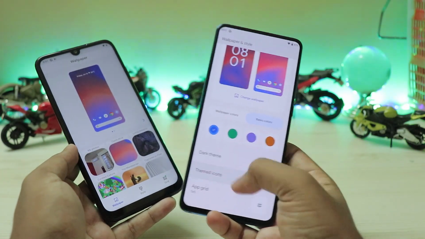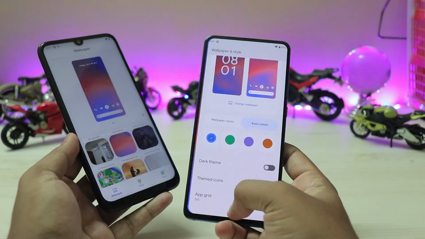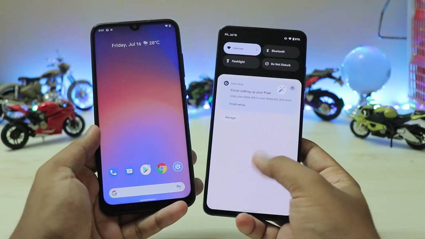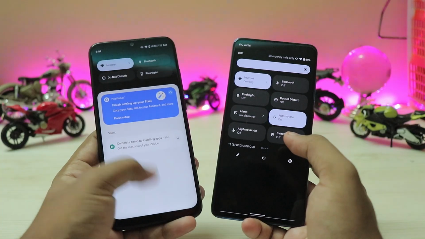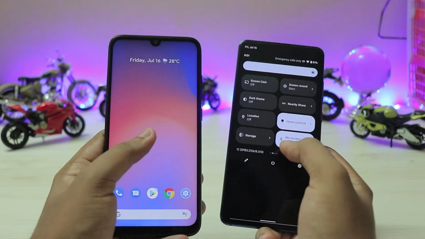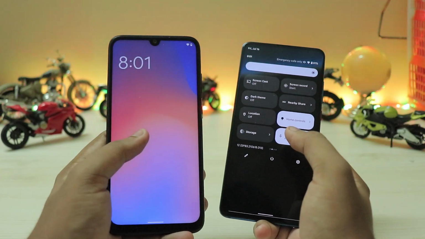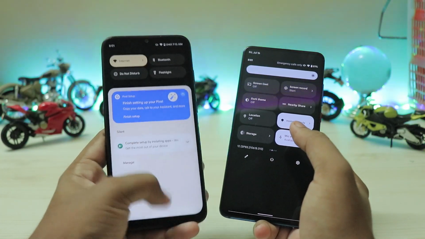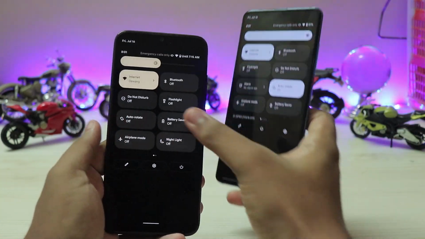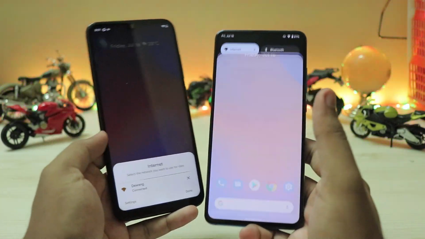So let's just switch to the light theme. Again, themed icons off. So coming back again onto the home screen, pretty much the same stuff, but now if you just go to the quick settings panel, yeah, all the toggles are just pretty much the same. The system UI GX is actually missing on the Beta 3, but I just think that's a vendor issue. So let's just enable that. Again, as you can see, it grabs the colors. But if you just go to the internet, massive change right over here.